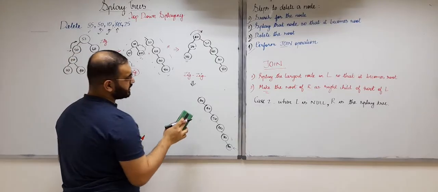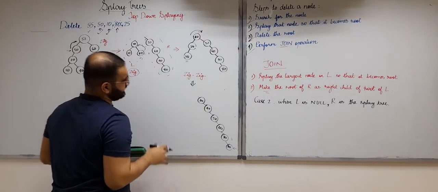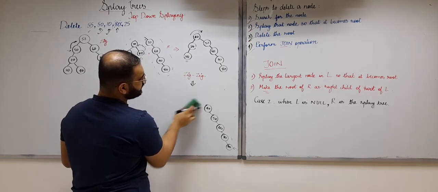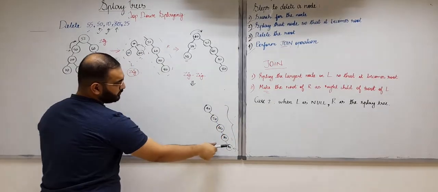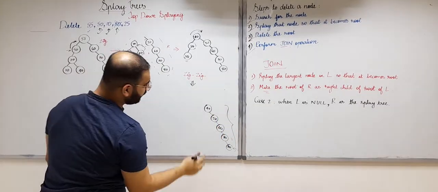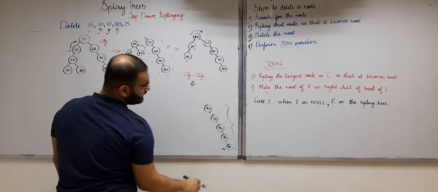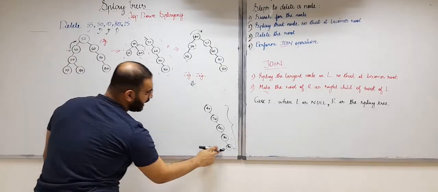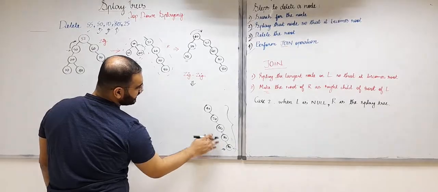So suppose this will be our new splay tree after we delete 10, right? So now for the time being I'm removing this element. Let me take this example, and suppose I want to delete 80. So for deleting 80, first of all, I'll search for 80, I'll find it over here. Then in the next step, I'll have to splay this node to the root, right? So how will I do it? So first I'll perform which operation? This is actually a zig-zig operation.